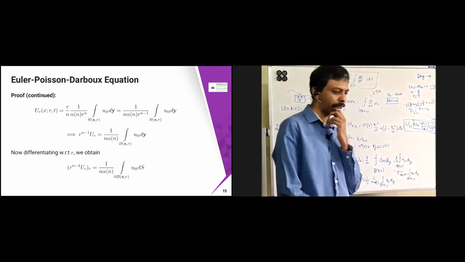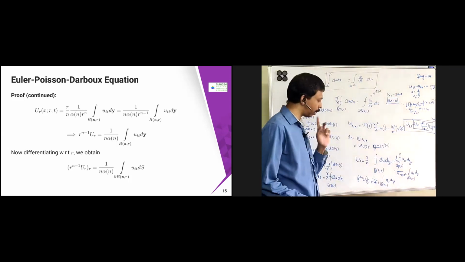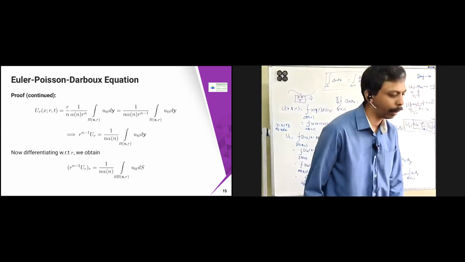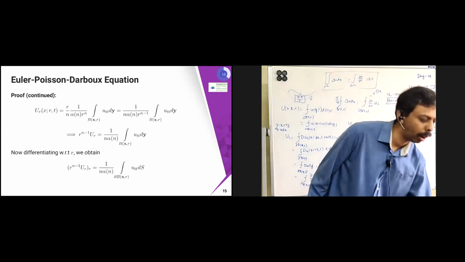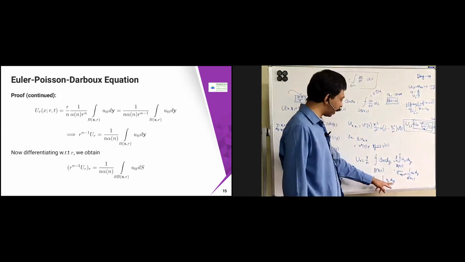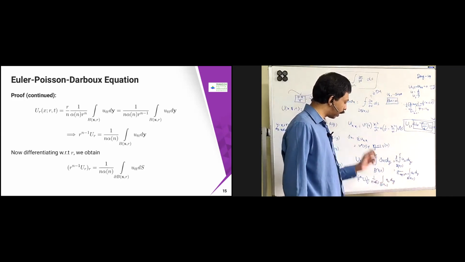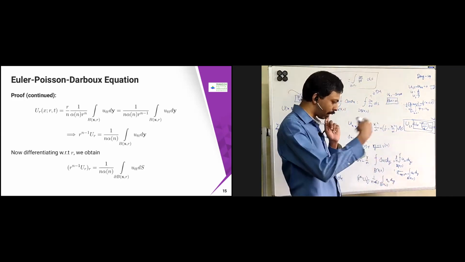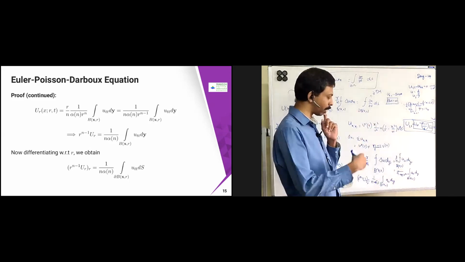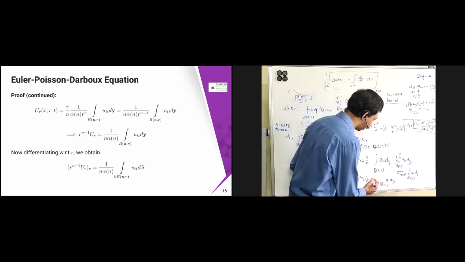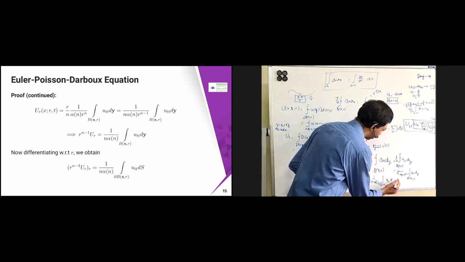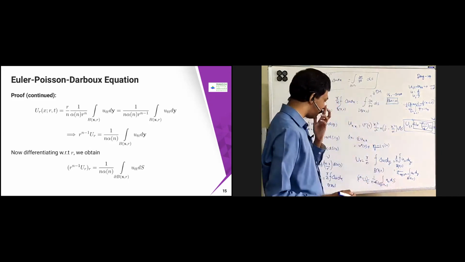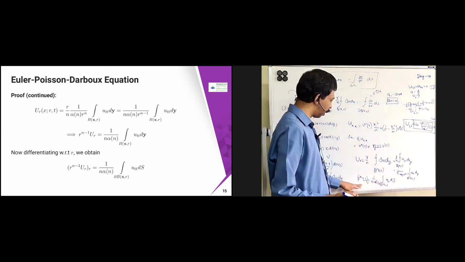Okay, so in this case, on the right hand side, if you differentiate this one with respect to r, it will become one dimension less. If you just differentiate, one dimension less will become dou b of x comma r. This is the relation between the r differentiation and this one.